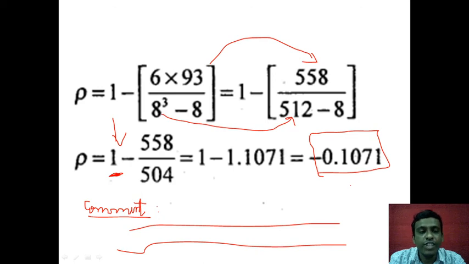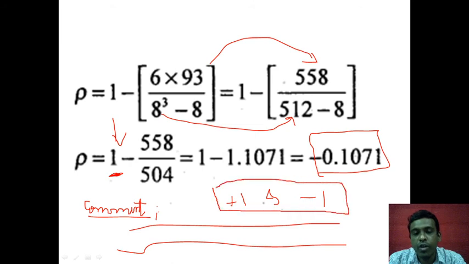And how to cross-check whether your answer is right, whether it is Karl Pearson's coefficient of correlation or Spearman's rank coefficient of correlation? What you have to do is, for the final answer, whatever correlation it is, the value should be between +1 and -1. So it cannot be more negative than -1, and it cannot be more positive than +1. So the value should remain between +1 and -1.